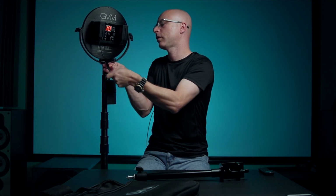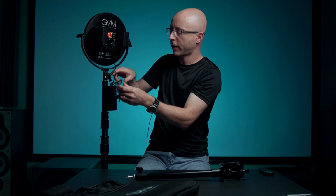You can also untangle this, of course. Another Velcro. I like to keep everything neat, so that's just that simple. You can also mount this below the stand here, whatever you want to do. But when you have this set up like this, the thing goes with the light, so there's nothing dangling here. And especially if you finish doing this little thing with the wire here, your whole setup is very nice and neat, and you just